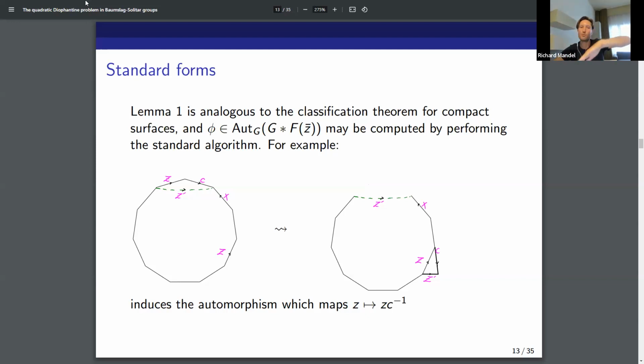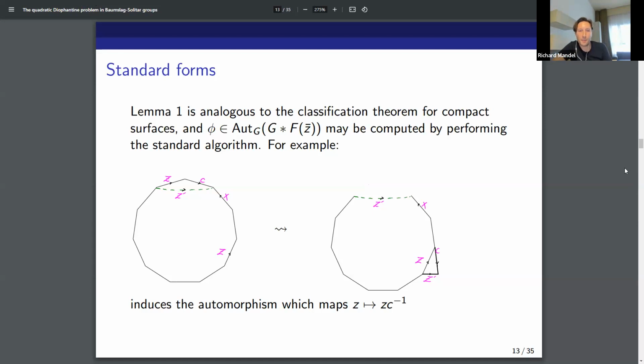So we have a polygon with edges labeled in like pairs of the variables and single edges for constants. This is going to give us some kind of compact surface with boundary, and the constants would be just the boundary components. And we can apply the standard algorithm to just keep doing cutting and pasting, and we eventually get a really nice